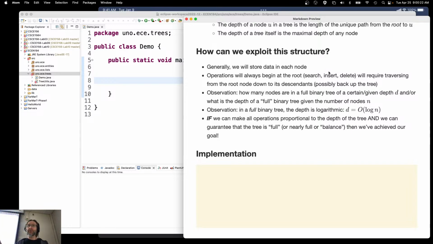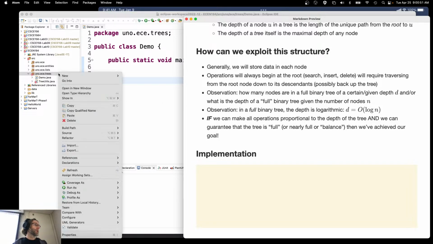Otherwise, you can basically split the tree in half and all of your operations, putting stuff in, taking stuff out, searching things, if they can be made to be proportional to the depth and the depth can be made to be logarithmic, then of course we've achieved our goal of efficient operations for everything. Then we briefly previewed what an implementation might look like, and that's where I want to pick it up